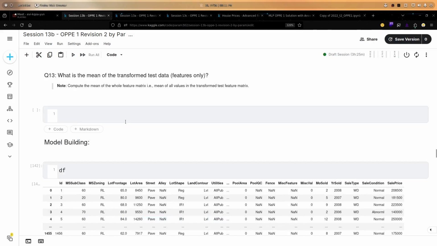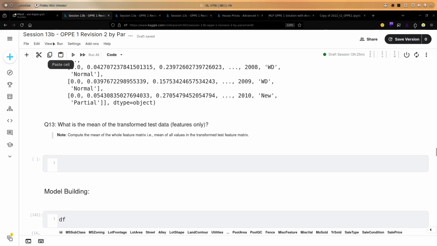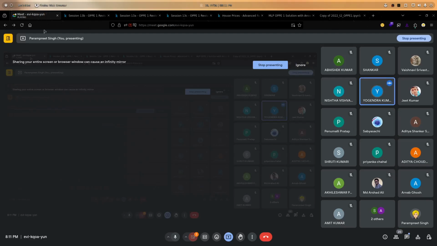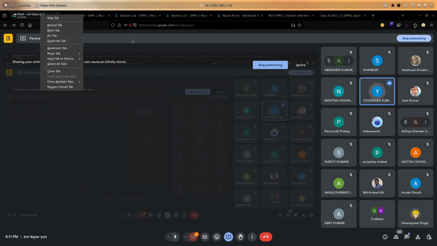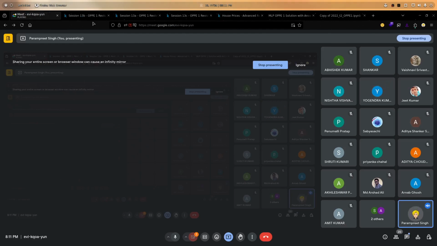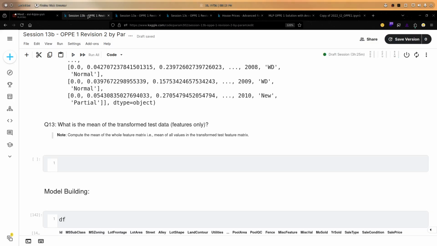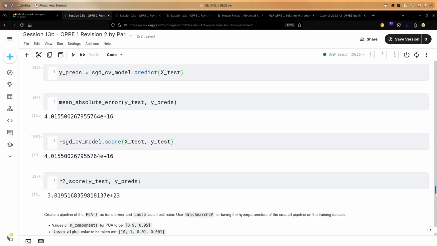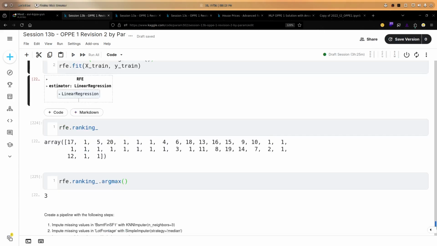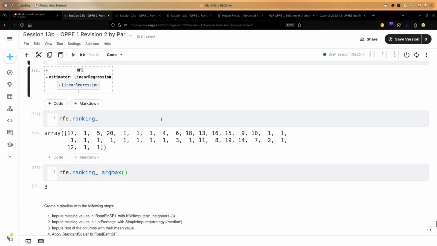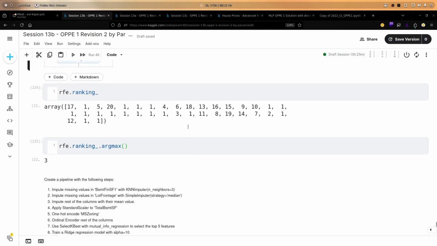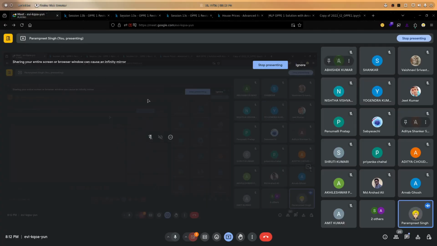Ramji, one request. Could you again share this Kaggle link, because my window was abruptly closed. Sorry? Kaggle link. Yeah, I will share all these notebooks in the video description right now. I'm doing it in parallel and my window was abruptly closed, so I have not saved it yet. I have to do a little bit of documentation too. Okay, just wait for a few minutes. I will share it instantly when it's saved. Okay, no issue. All right.